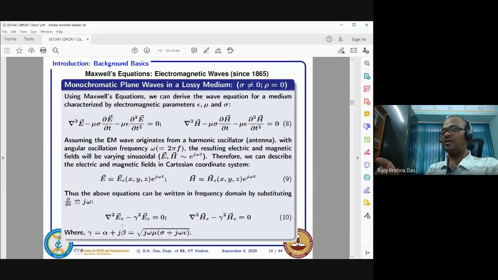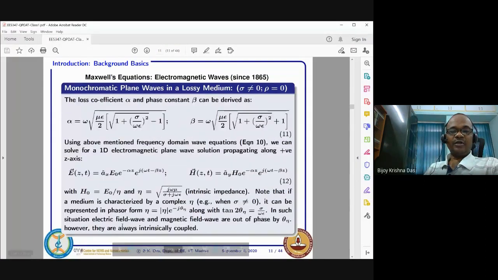Okay, Ex component means it is x directed, it need not be x dependent. The Ex component can be only z dependent. Along the x direction, it will not vary. Only in that direction it is oscillating, because it is a vector field. That's it. So in that case, your solution comes like this, because you have an alpha plus j beta type of solution, right? And then the solution comes like this for the magnetic field.